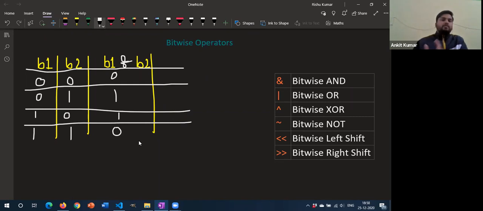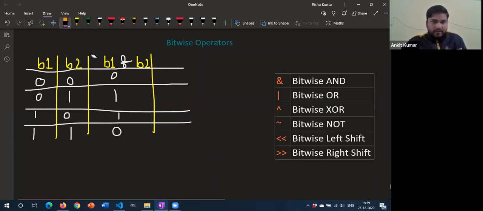So what is exclusive OR? The XOR operator means that if you have two different bits, two different values, only then you will get 1. Otherwise your answer will be 0. So here we have 1 1, both the bits are 1, so your answer will be 0. Here both of them are 0, so the answer is 0. But here we have different bits, so that is why you're getting 1. So this is the logic for the bitwise XOR operator, exclusive OR operator.